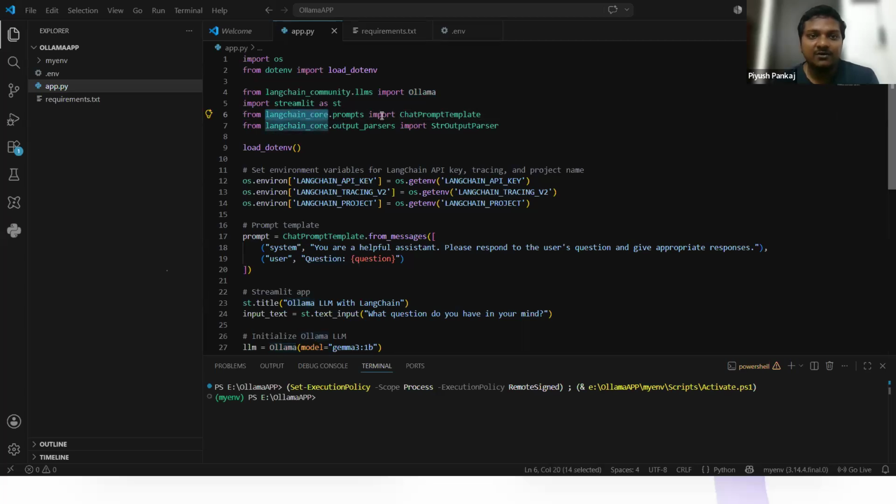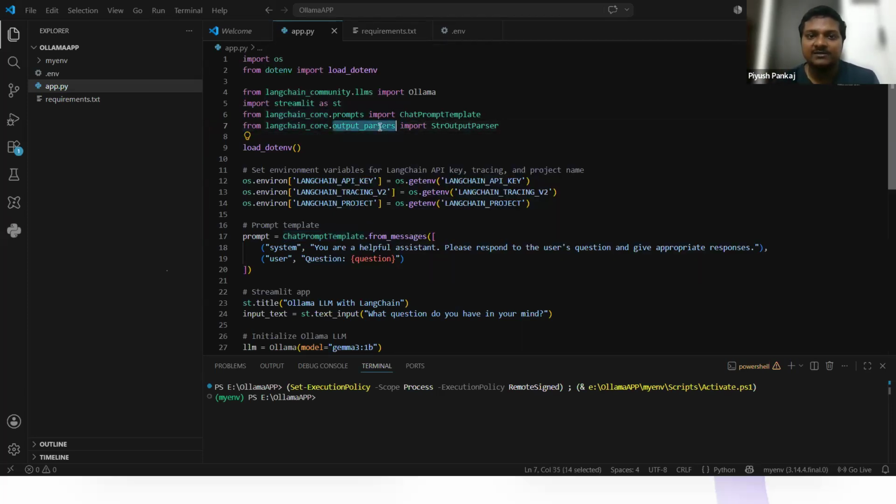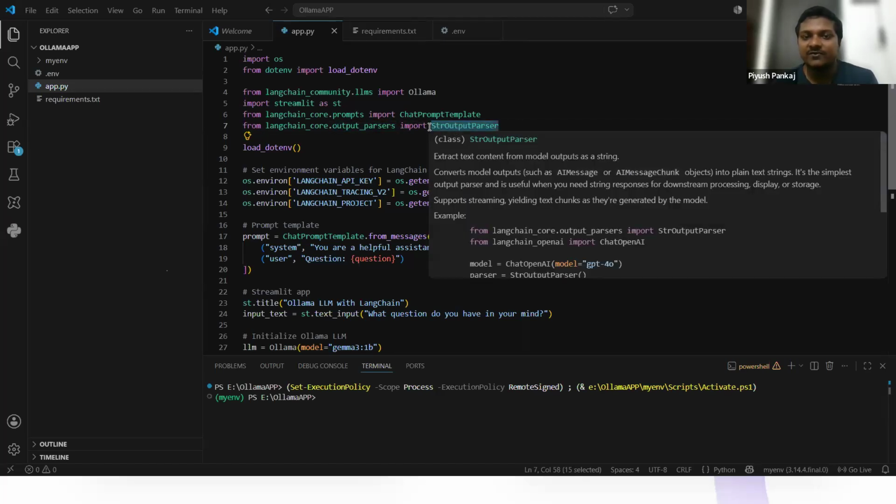From LangChain core prompts, we are using ChatPromptTemplate. The template basically gives what we can say the order of how it is going to behave. From LangChain core, we are taking the output parser to parse the output into a string. For that, we are using one module called StrOutputParser. Why are we using it?